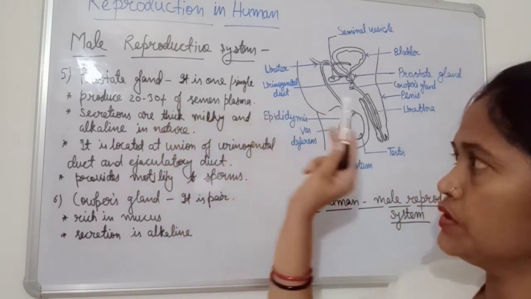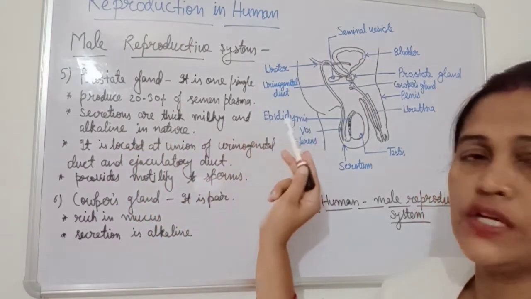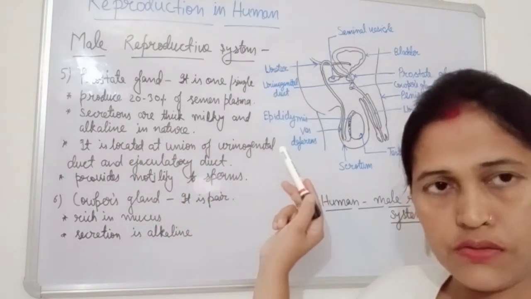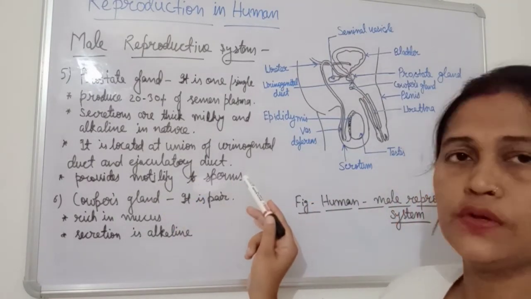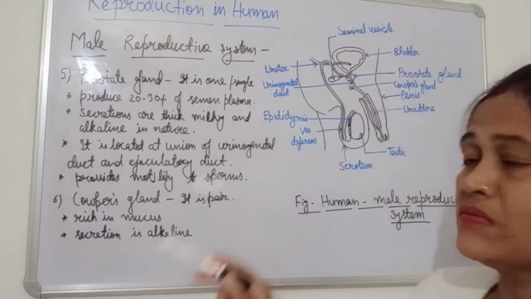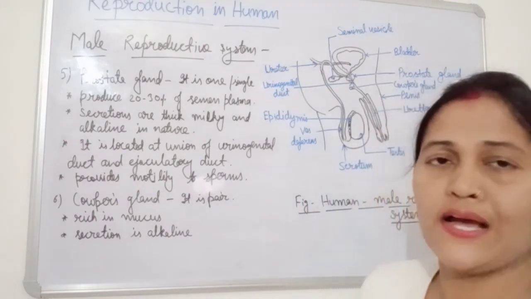The secretions are thick, milky white, and alkaline in nature, and it provides motility to sperm. So, very important thing, motility means it provides movement to the sperm so that the sperm can